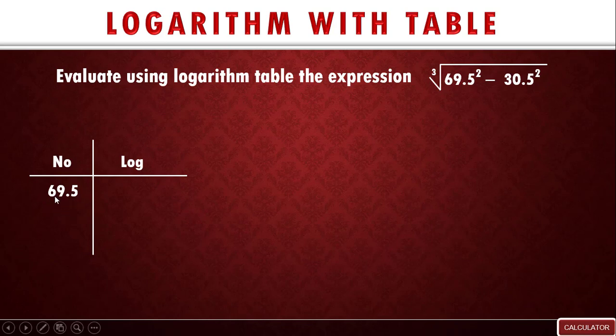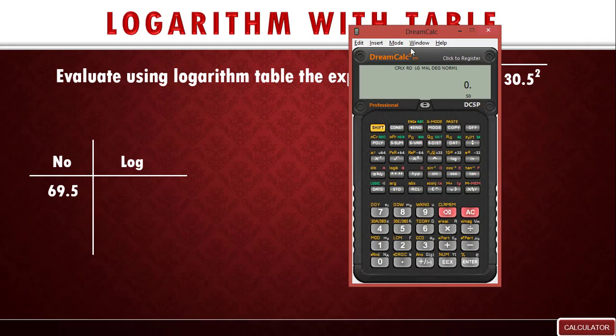If you look at it, 69.5 is greater than 1, so that means using our calculator directly to find a logarithm will be very easy. It will be direct. So let's do that with our calculator. Okay, so press log 69.5, press equals to or enter. That's going to give us